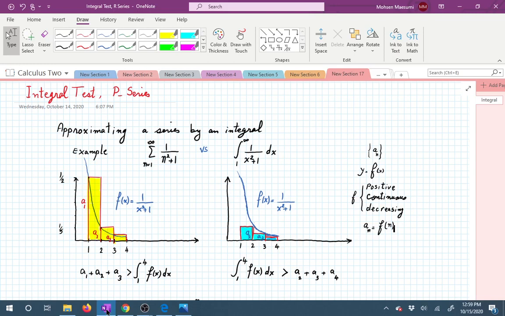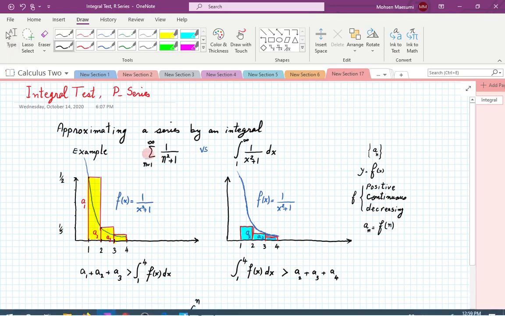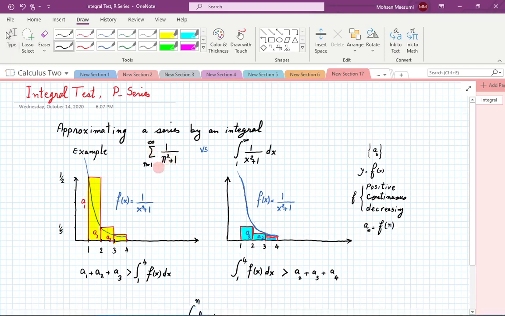We are going to have a long list of variety of tests that will inform us about these properties, and perhaps the easiest one of them is the so-called integral test. And based on that we are going to have the p-series test as well. So let's, for example, take a look at a series here, the sum of 1 over n squared plus 1 from 1